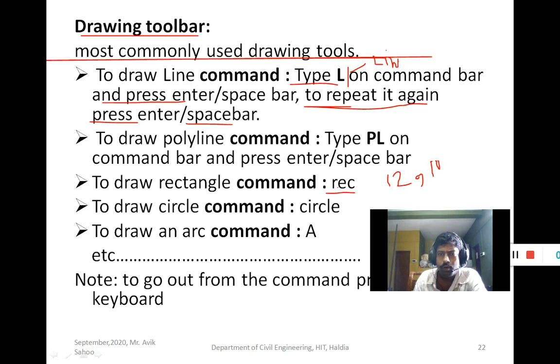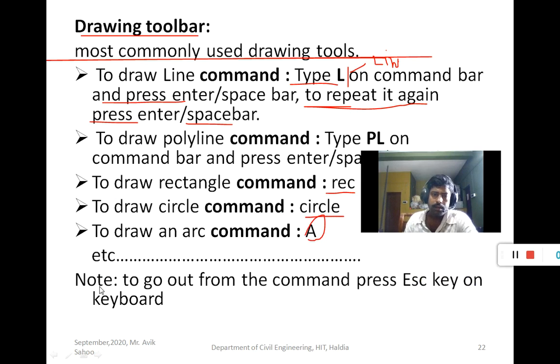So type the command rectangle, then put the value 12, this is the length, then put a comma, then this is the width. To draw a circle, the command is circle. To draw an arc, the shortcut key is A.